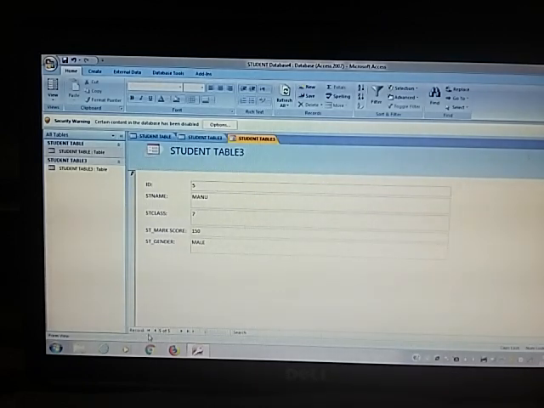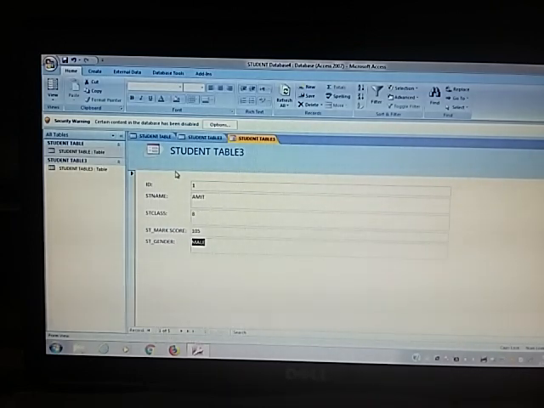So in the navigation bar you can check that we have entered 5 of 5, that means we have 5 records. If you want to check the last record, you already have the last record. If you want to check the first record, you click on the record button, first record. This is the navigation bar which displays the first record, your current record, your next record, your last record, and the new record. If you want to add a new record, then you can add a new record also.